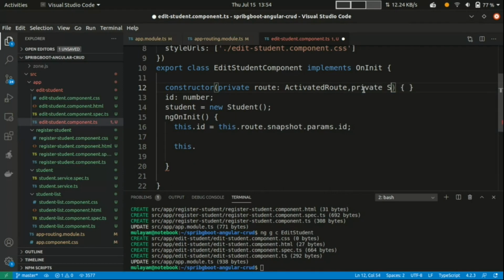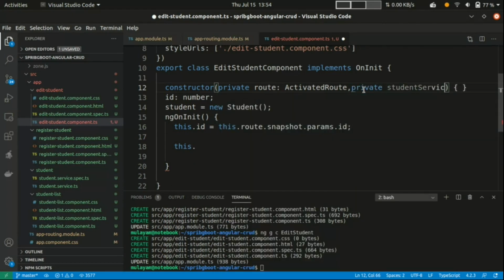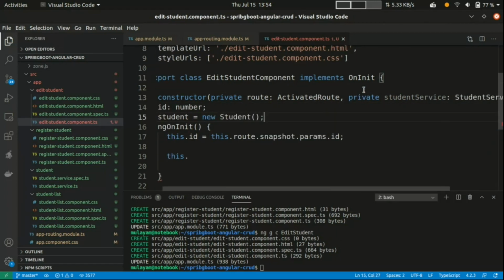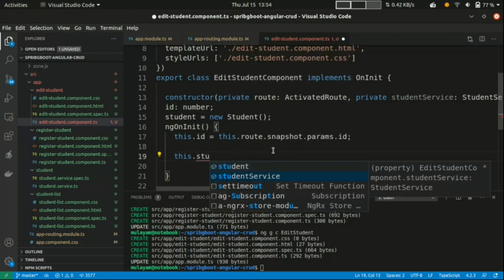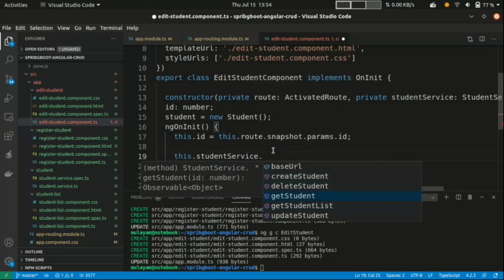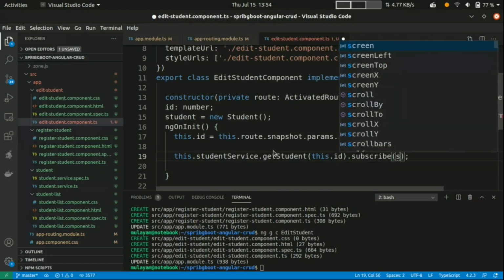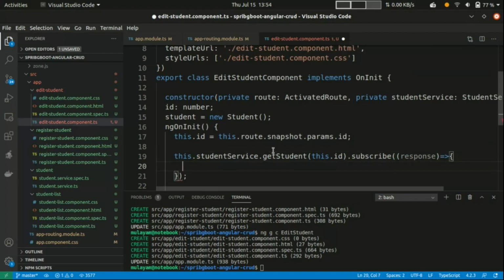So private studentService. Then here this.studentService.getStudent, and it will take ID, this.id. Subscribe and just call, it will return one response.